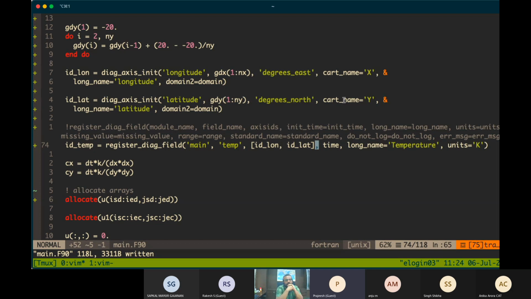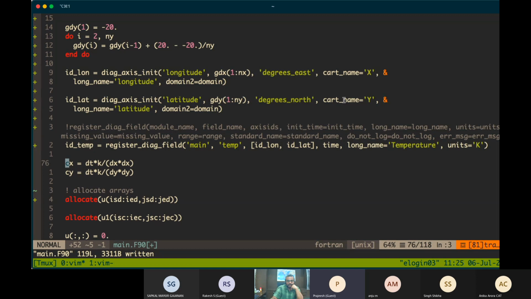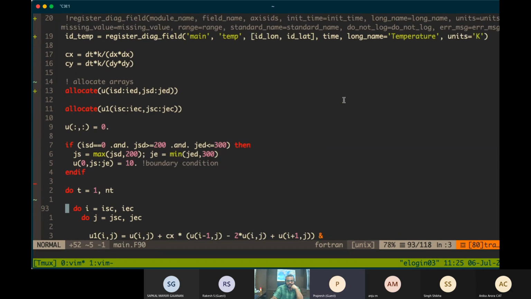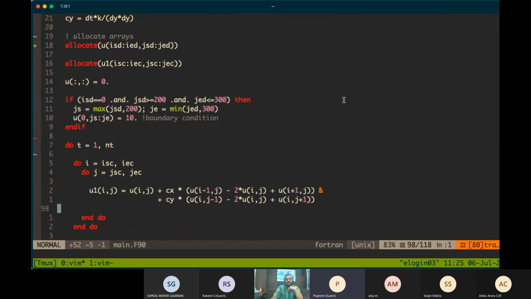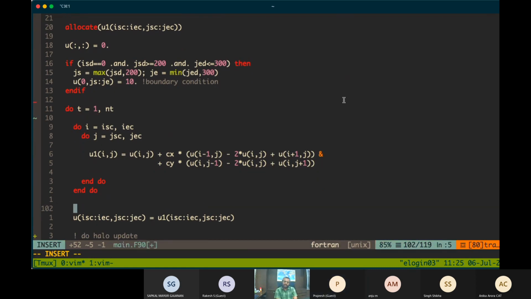Okay, so every variable is associated with some name and an access. So once you define this, you can go ahead and start putting the values.